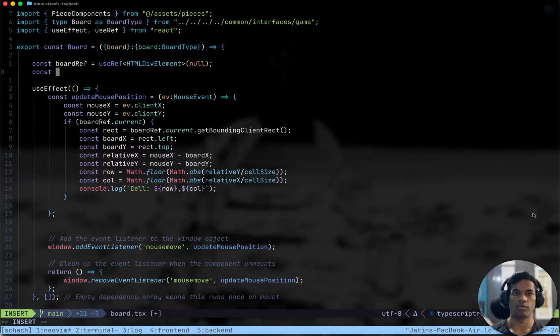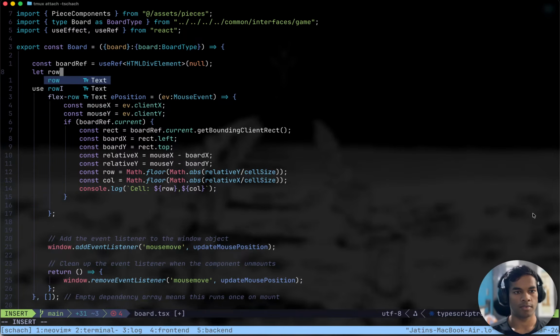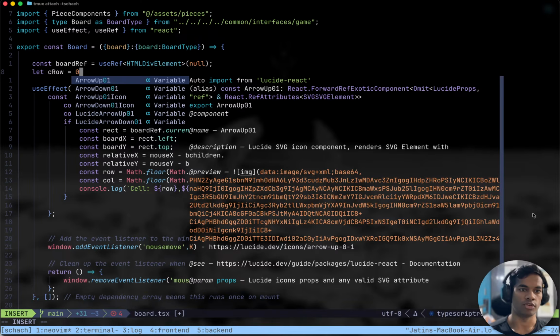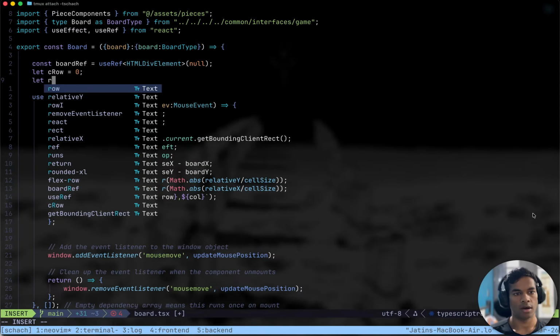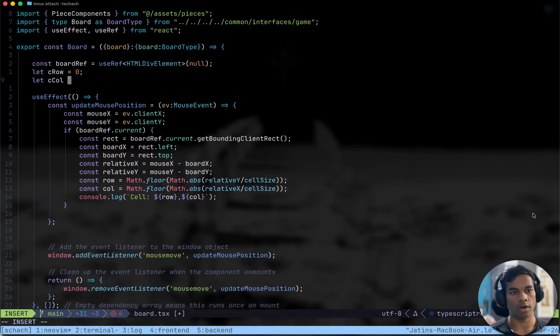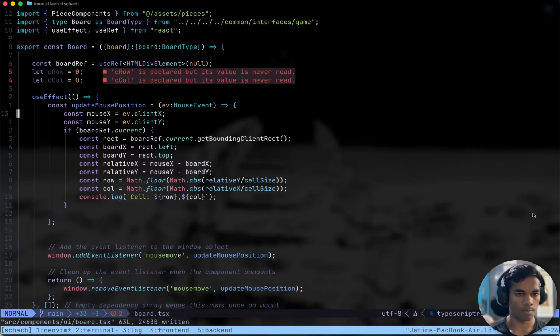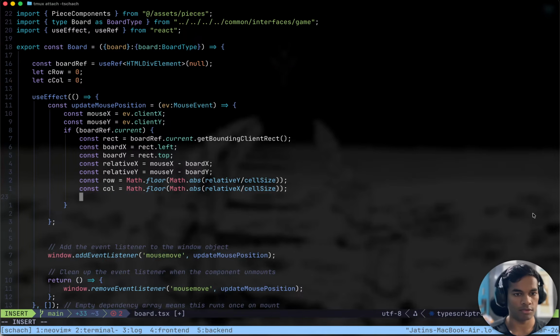Let's, instead of this, have row and column as state variables. No. Yes, let's do have them. Let current row equal, initially let's say 0, and let current column also equal 0, and after getting these we will compare.